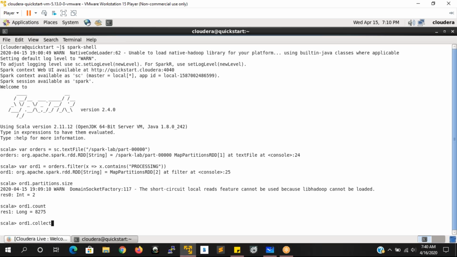No, I didn't get that. When we call this collect, an array of string will be created. Array of string. Why array of string? Because array of string is mutable, right?